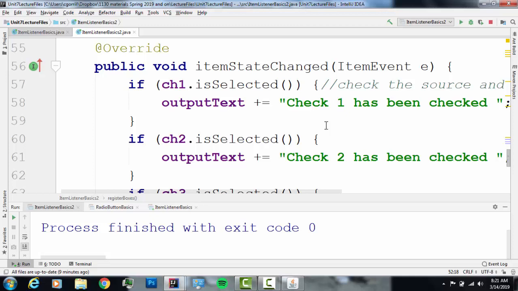We can also check to see if that item event was a selection event or a deselection event. And we'll look at that in a future video. But here we're just checking to see if they're selected. Okay, so we're going to check through here. An item event is going to happen. So when I run this,